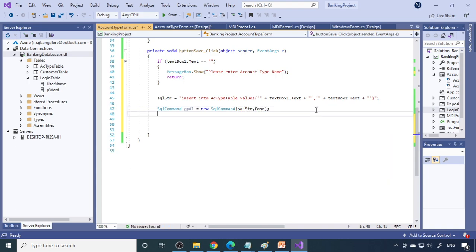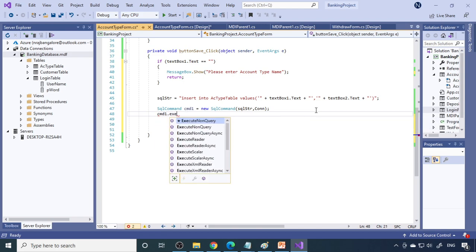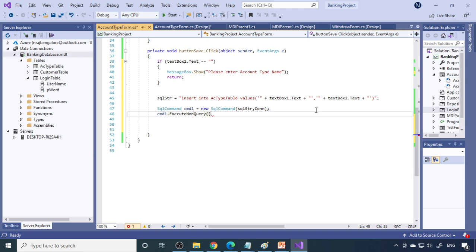Then you have to write cmd1 dot ExecuteNonQuery. So this is non-query because here it's only inserting. If it's a query, query is a select statement. Therefore, if it's a select statement, we use ExecuteReader. Because it's not a query, it is to execute and send the data to the table, therefore it's a non-query. ExecuteNonQuery. Okay, so this will do the job.